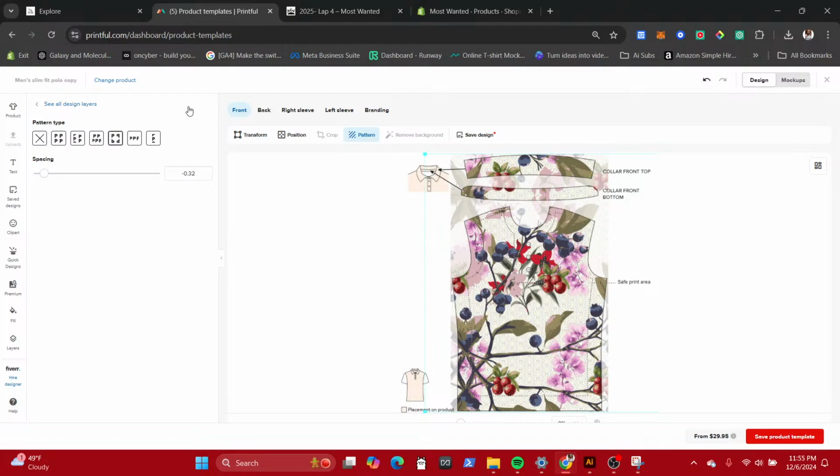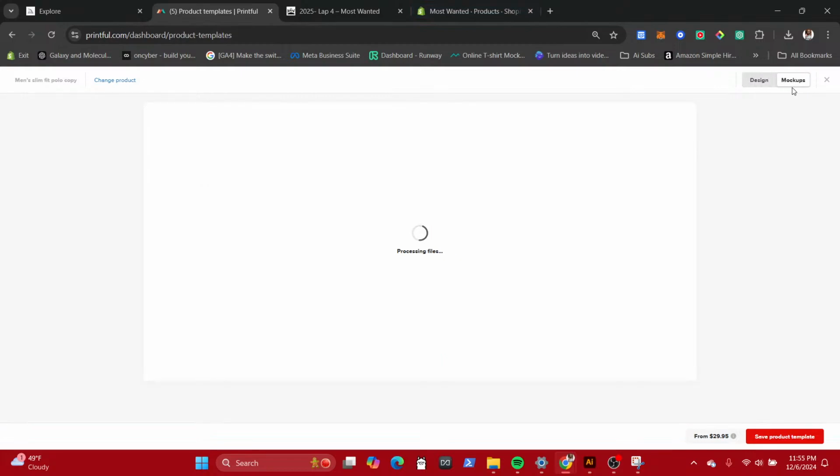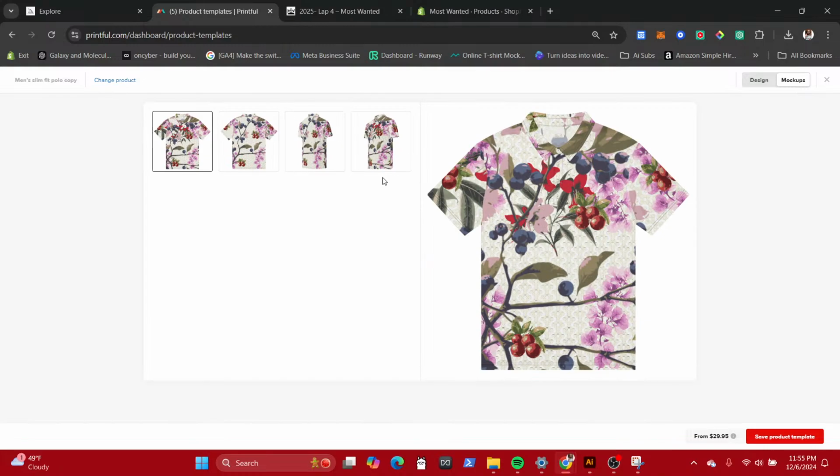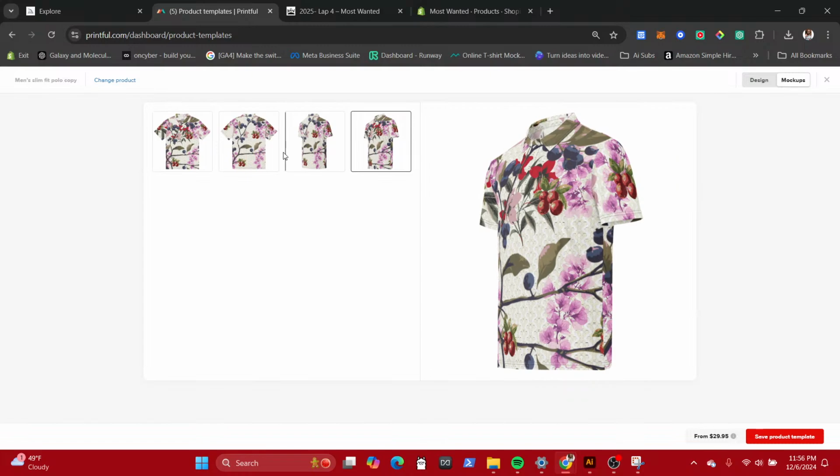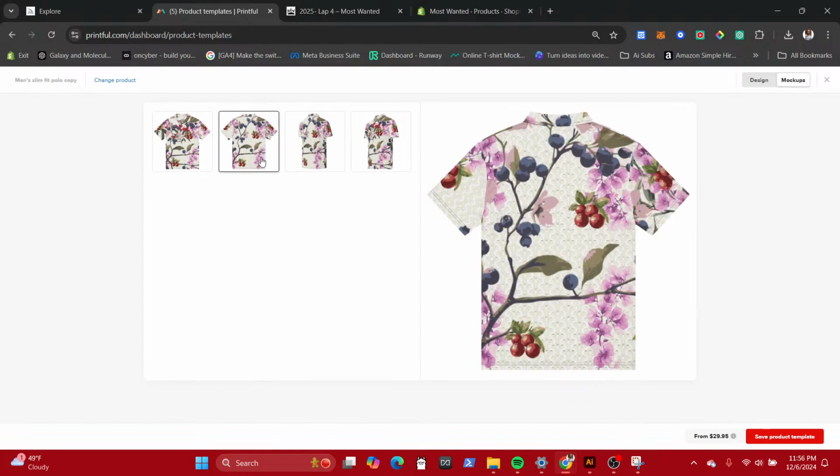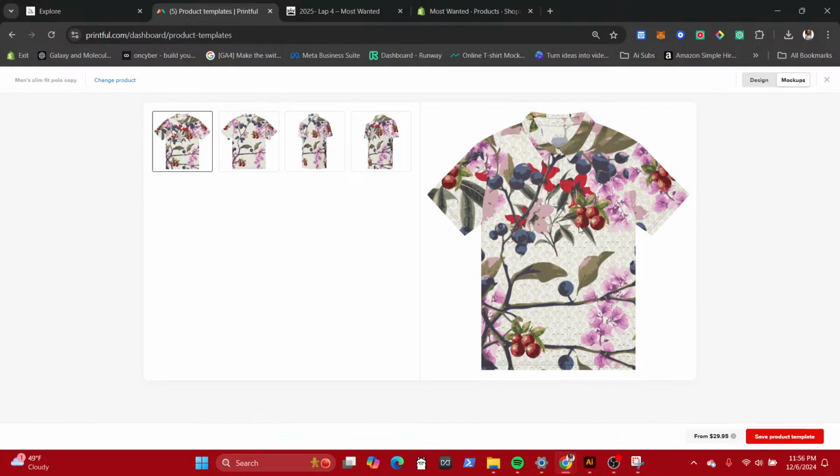Oh, dreadful. I'm dying over here, people. And then bring the mock up. You see what I mean? Now, it doesn't necessarily look like this, but it does give a little bit more flair to the design.